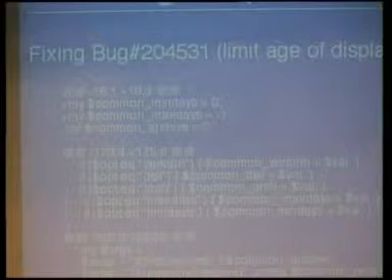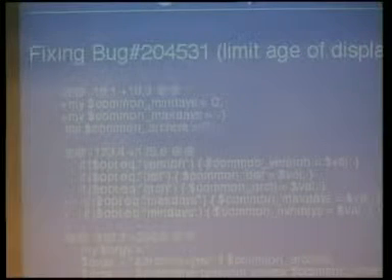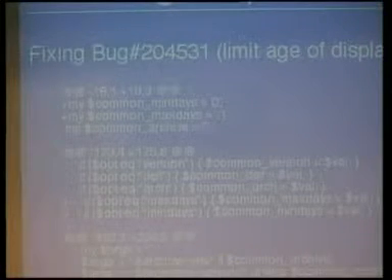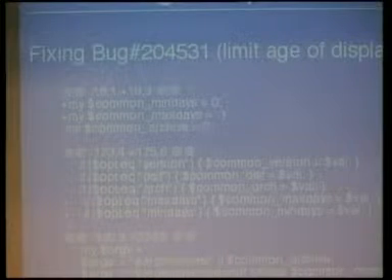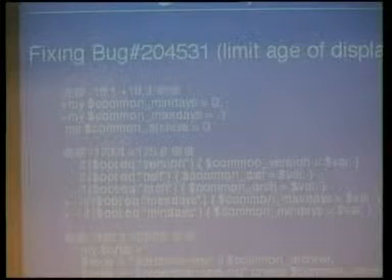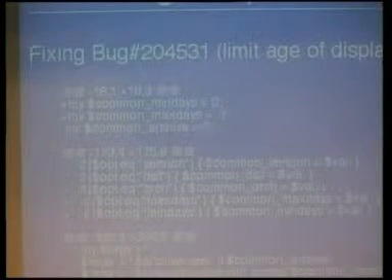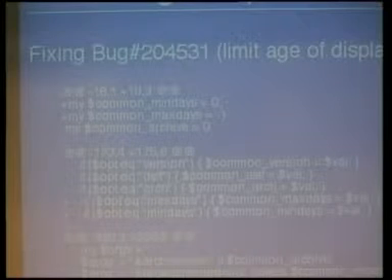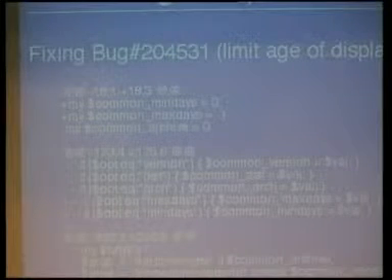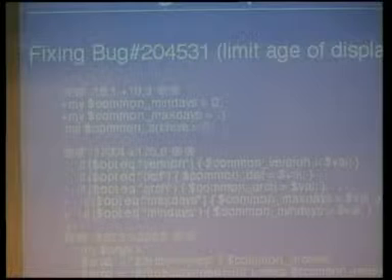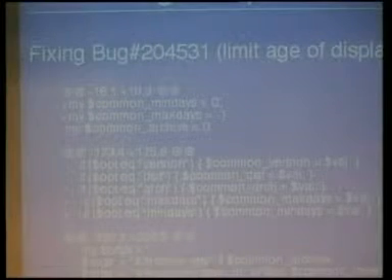So the idea of this patch is just to add some parameters to the package report CGI, or to the common script in this case, to say min days is 50, so I don't want any bugs that have been reported in the last 50 days, or max days equals 100. I don't want any bugs that have been reported over 100 days ago, because if they've been that old, then obviously I'm not going to fix them anyway. Okay, so